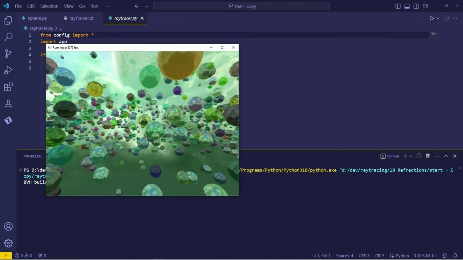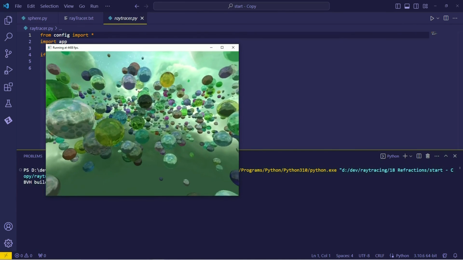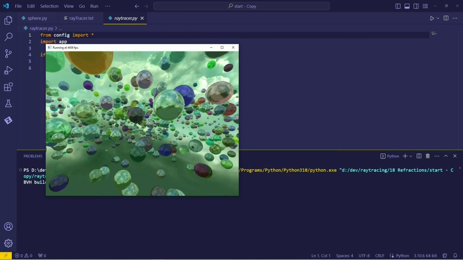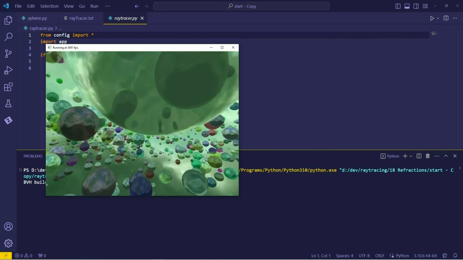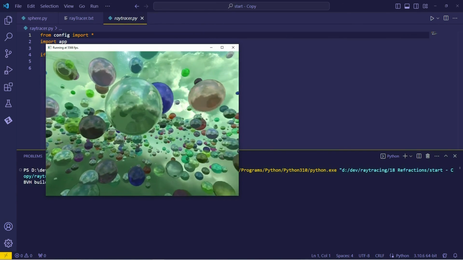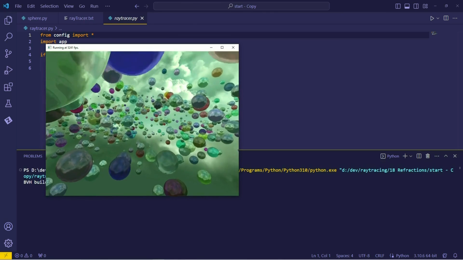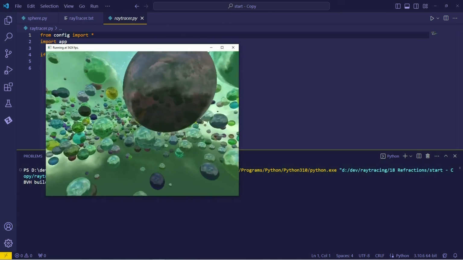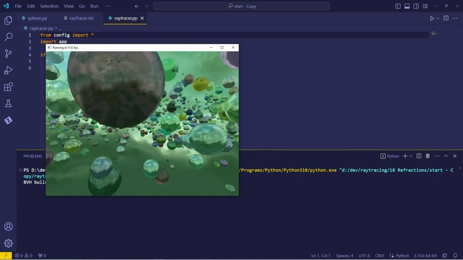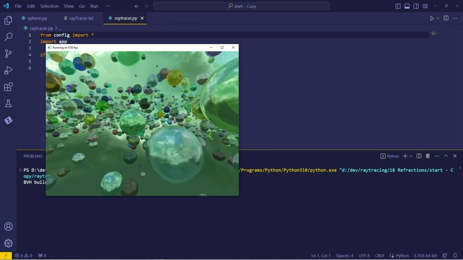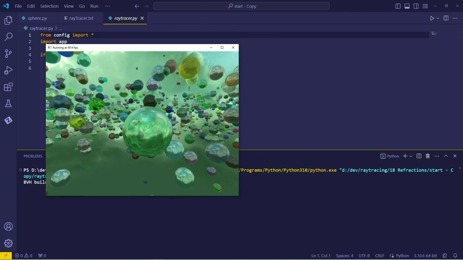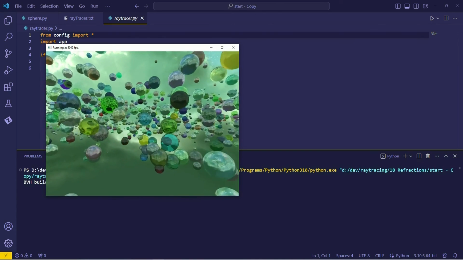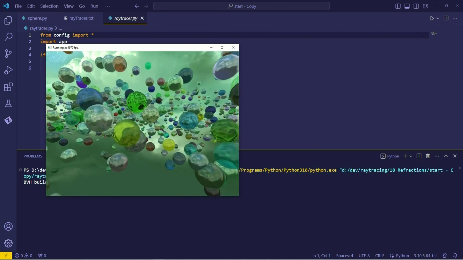It's not super bright as it was before. So looking at these spheres, we can see they have a portion of the sky reflected, and additionally, we can also see through them. Now, like I said on paper, this does produce some cool results, but it's not strictly physically accurate. The reflections coming off the sphere are not taking the other spheres into account. They're just looking at the sky. However,